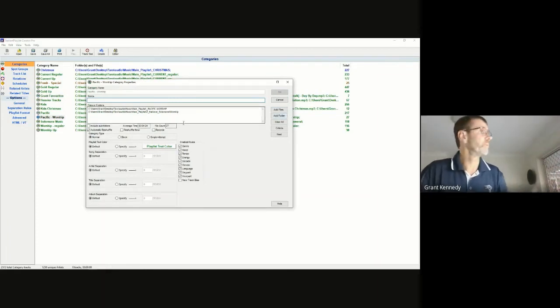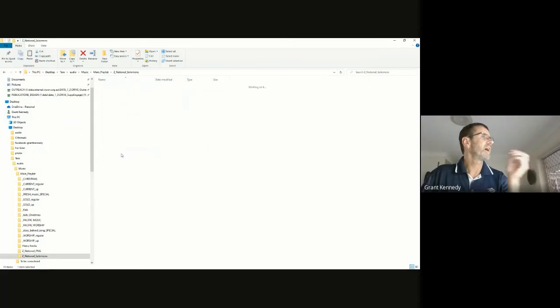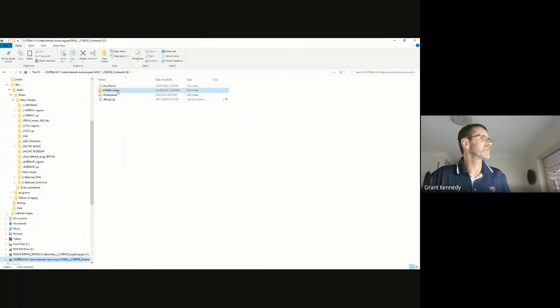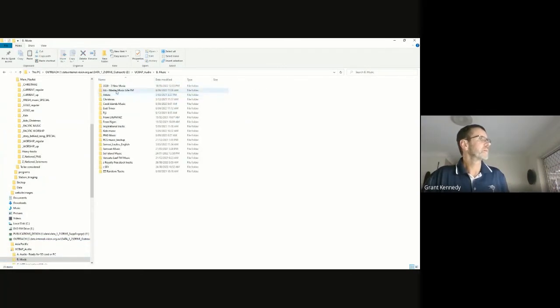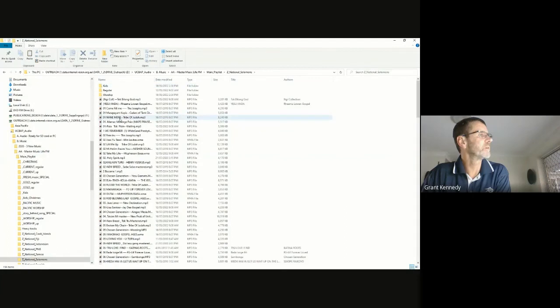Oh, actually, this is a good example. The Pacific worship category, you will see that we have a Pacific worship, but because this is a Solomon station, when I make the folder structure for all our worship, let me just go into the actual master library for a moment. So when we go to our main playlist, you'll see that there is Z National Fiji, Z National Indonesian, Z National PNG. And if you go into the Z National Solomons, for example, there's a whole lot of music, and then there's worship, regular, and kids.